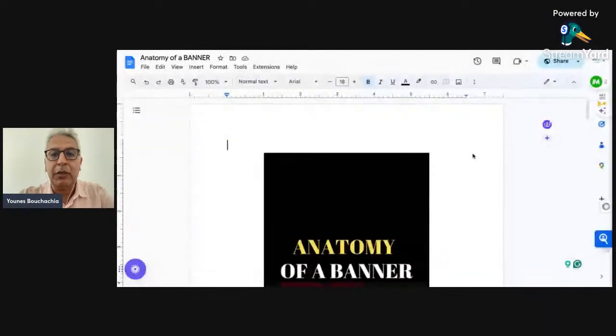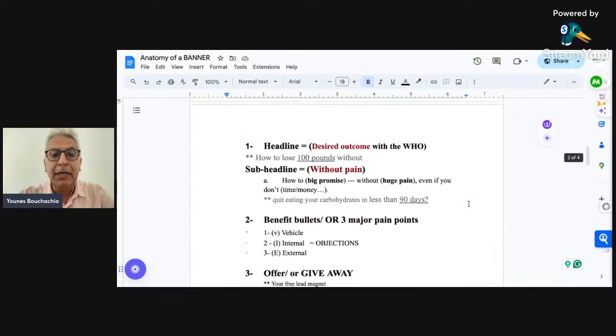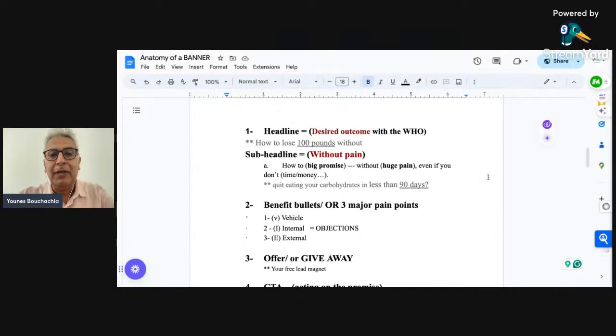So without further ado, let me share my screen so I can give you a better understanding of what it is that I'm trying to communicate here. So the idea of a banner is that it needs to communicate and tell a story. And the way we do that is basically by speaking about things, like I mentioned, in a structured and organized manner. So the first thing we need to tackle inside the banner is basically the headline,